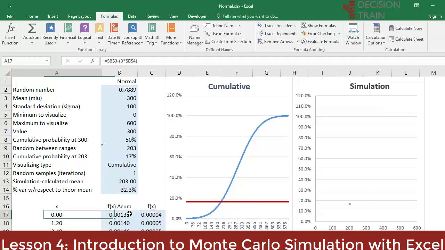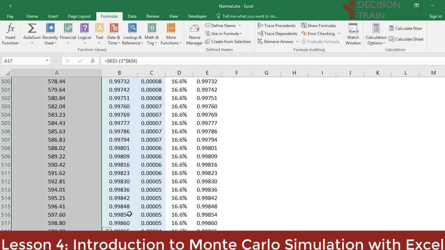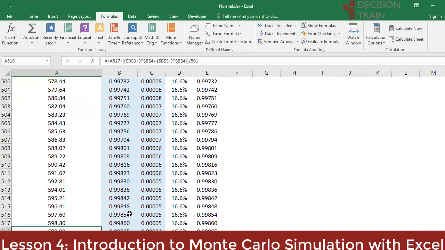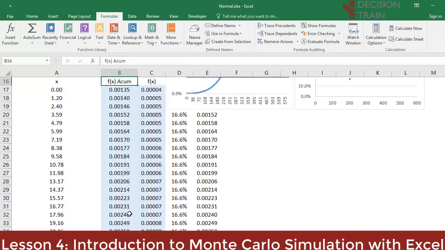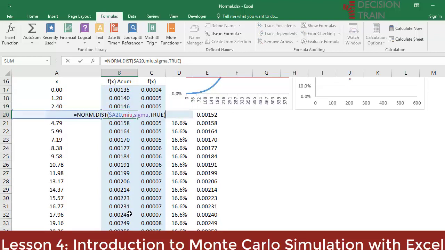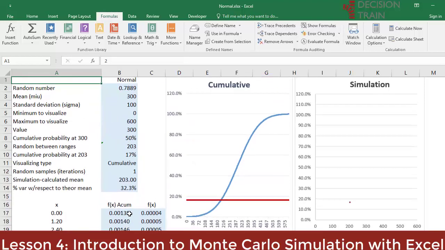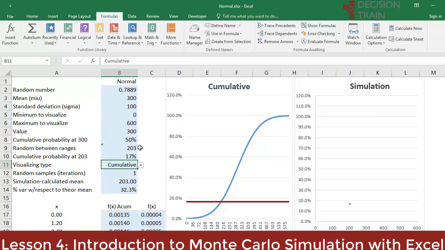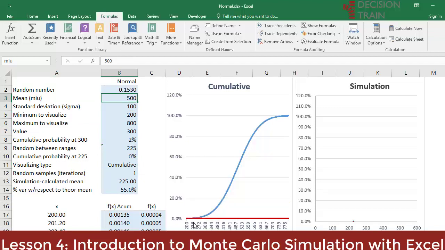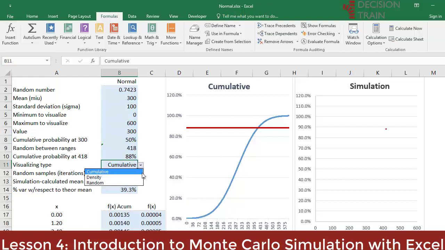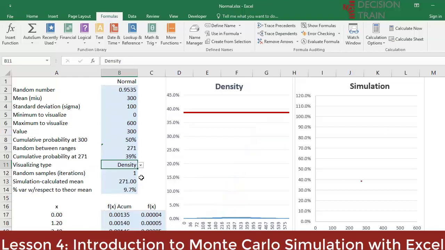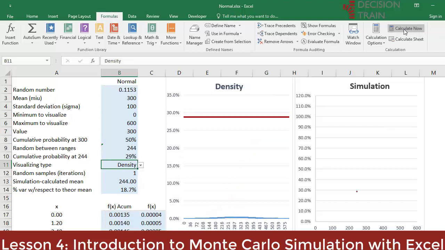500 numbers have been generated evenly separated between 0 and 600 in column A. In column B, each of these numbers is given its corresponding normal function. This generates the cumulative graph that we see in the center. If we change the mean and standard deviation parameters, the graph shifts on its horizontal axis, although it essentially maintains its normal distribution shape. If instead of looking at the normal function calculated in a cumulative way, we create a density curve, this would look like the bell curve that traditionally denotes the very popular normal distribution.